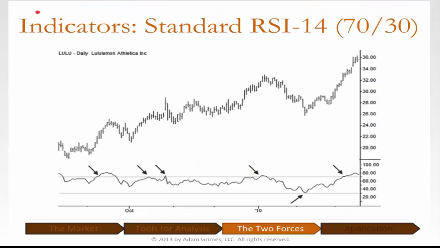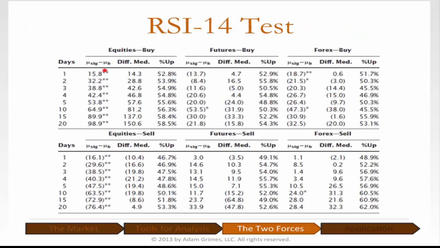Here's, I alluded to a standard RSI, very simple test, just overbought, oversold 70-30, other way around, and you see a strong positive edge in stocks for the buys, strong negative edge for sells. However, guess what? You don't see the same thing in futures or currencies. So you probably do not want to apply this tool the same way to your stocks as you do to your currencies. And this is one reason why people struggle. They're simply using tools in the wrong way.